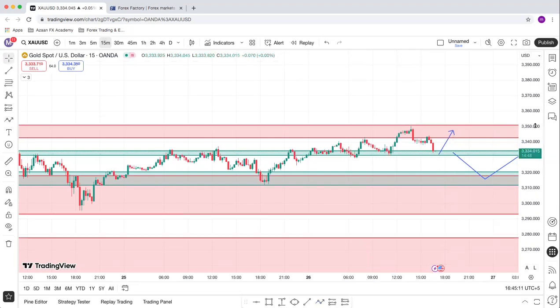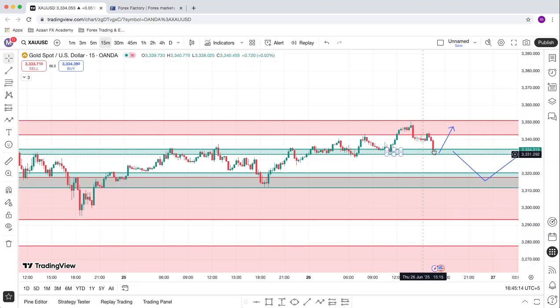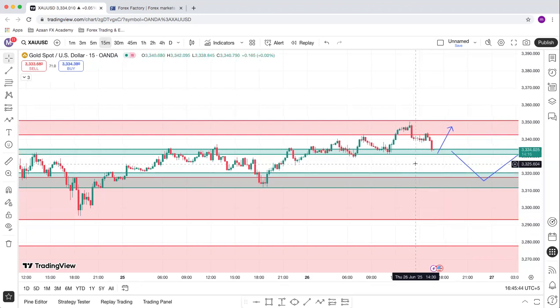So these are the levels for intraday trades. Gold can take support from this point, may get a support from this zone, which is about 33.20 to 33.12, and this support is about 34 to 33.33. So these are the two support areas where gold can take support to go upside if it wants. Otherwise, we may see downside